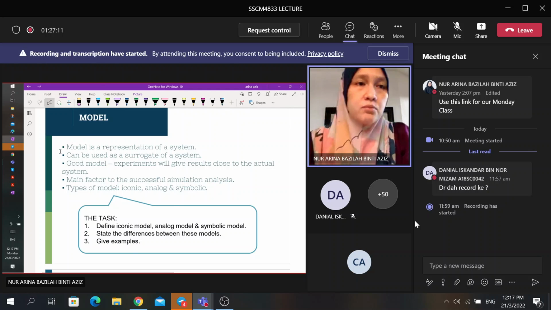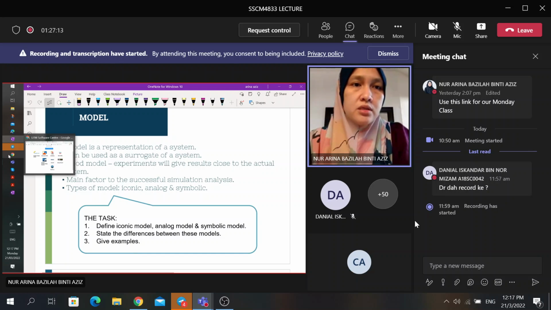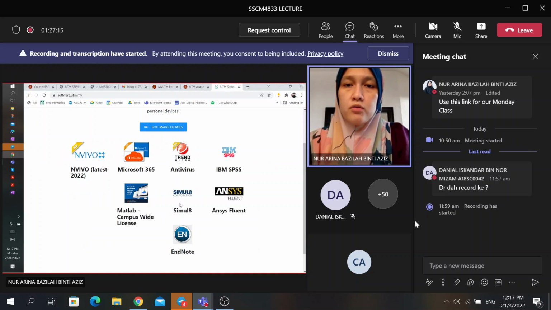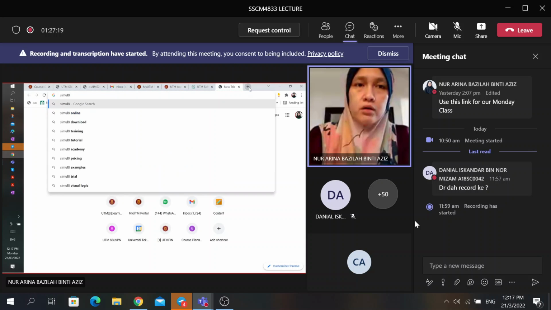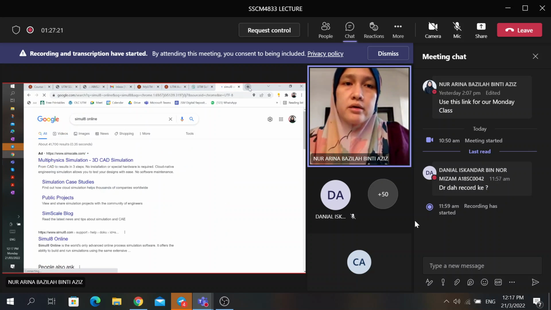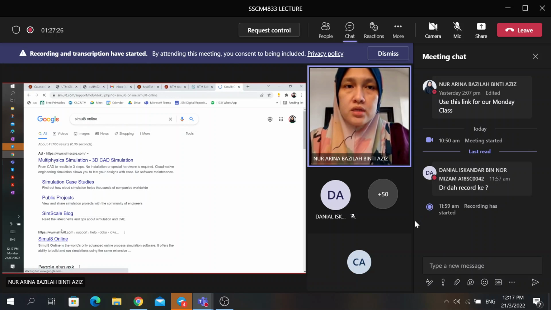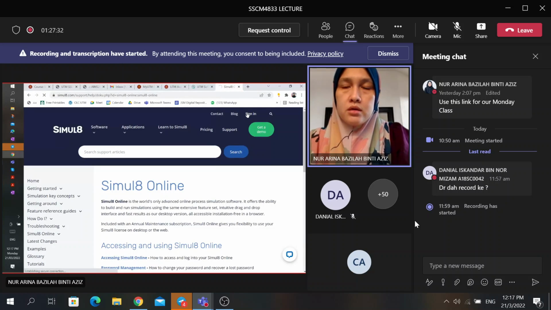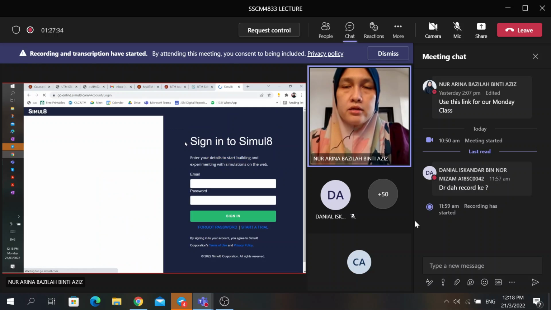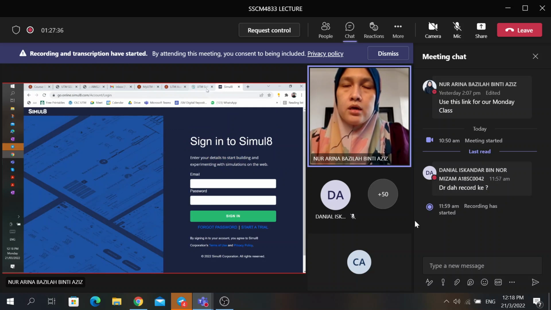I don't have the simulate dekat dalam ni. Let me see whether I can. Okay, simulate you can download here. Kita ada simulate online tapi saya jarang guna sebab very slow. Simulate online ni tutor saja yang ada, student ni memang tak ada lah. Okay, so it's quite slow, jadi saya jarang pakai yang secara online ni. Cuma